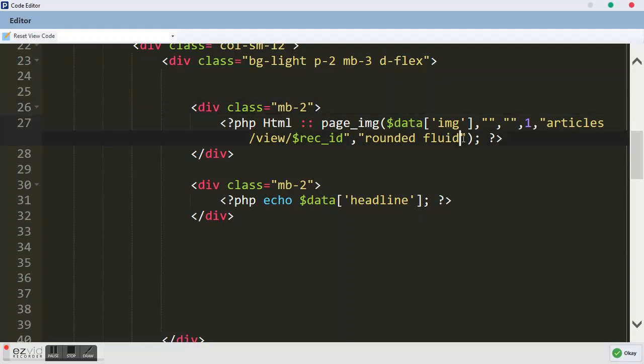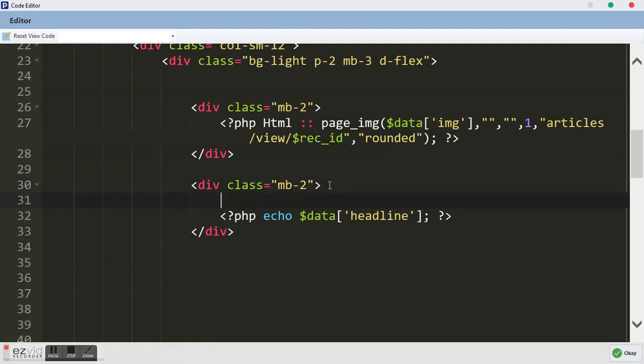We just want to say rounded, and we want to just say fluid, or we can simply remove the fluid. The rounded is okay for us. And over here we want a class, text-dark. I want to be very fast. We can say text-dark, text-capitalize, small,